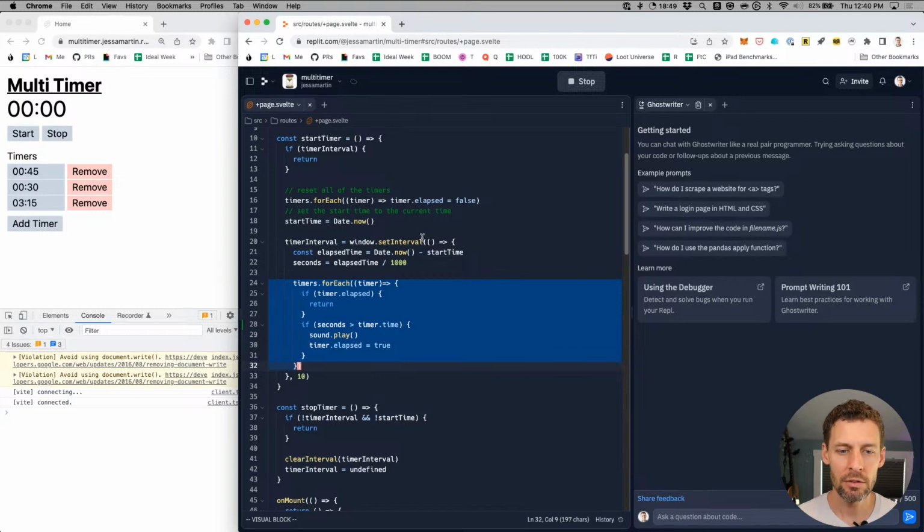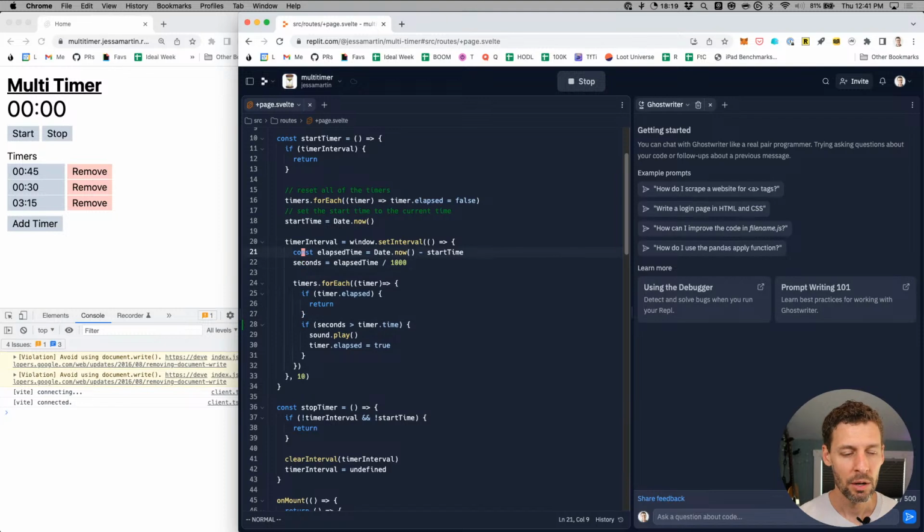We'd have to look at the set interval code to understand how it works, but it's possible if two of these anonymous functions get executed at the same time, and both of them are past the time at which the timer has elapsed, then this timer loop will find that timer, find that it has not been marked as elapsed yet, and play the sound.